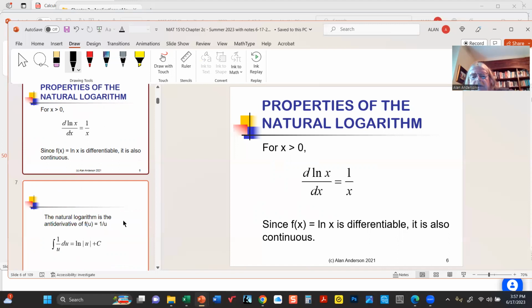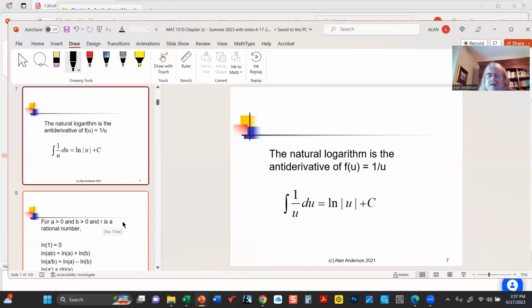The integral, on the other hand, of 1 over u, whatever u happens to be, is log u plus c. So in other words, u could be literally anything. It could be 3, it could be 17, it could be anything. So the integral, which sometimes you see it written like this,